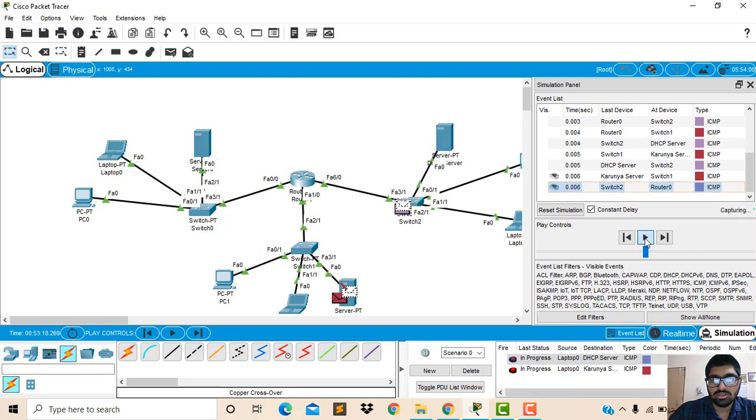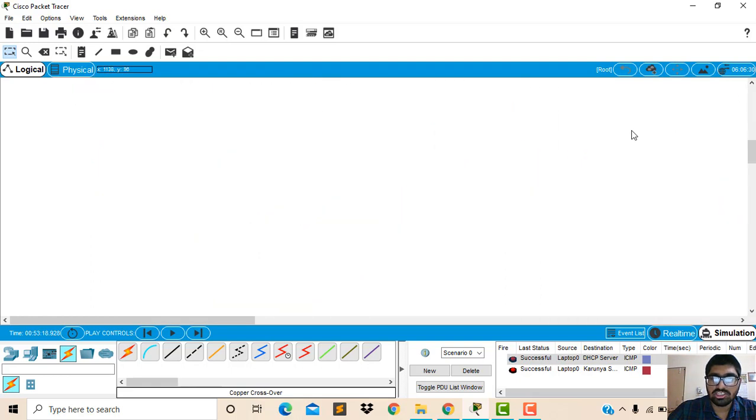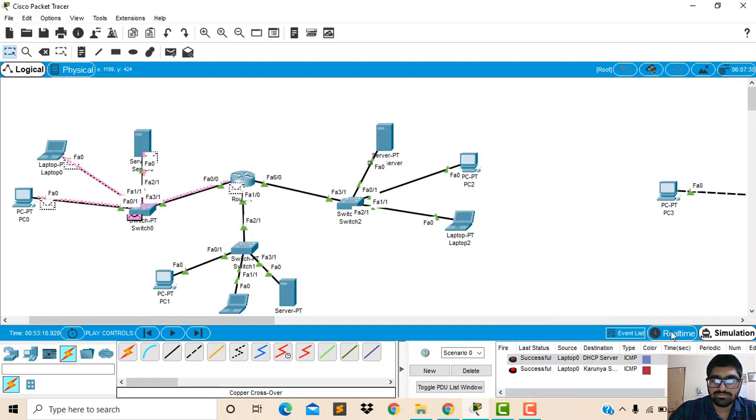The user has entered, and the DNS server has given the information of that user. Now we see the packet has gone to the third server, the DHCP server, as well as the DNS server. Before, I had entered that packet to the DHCP server, and now it is executing.